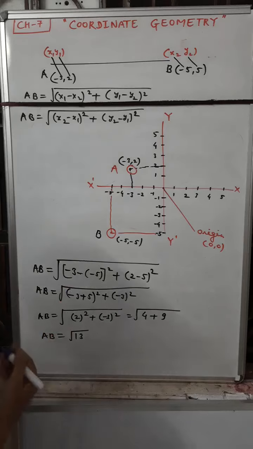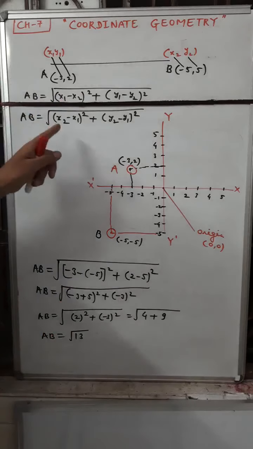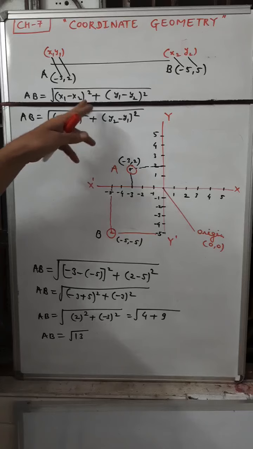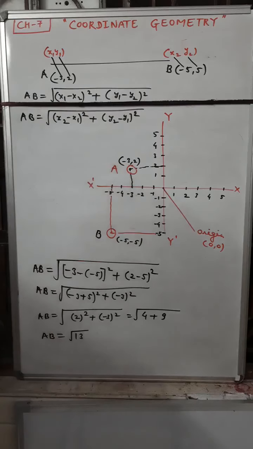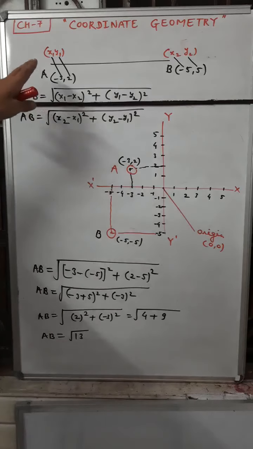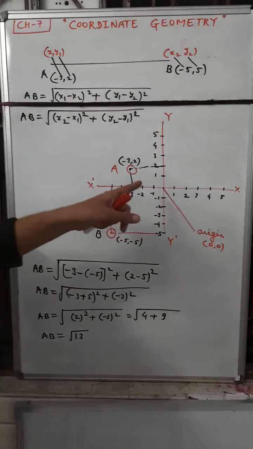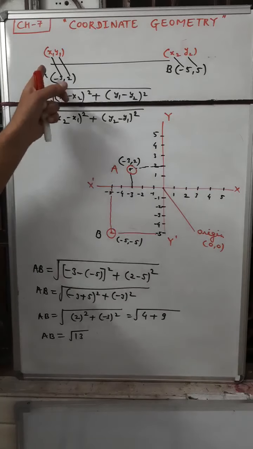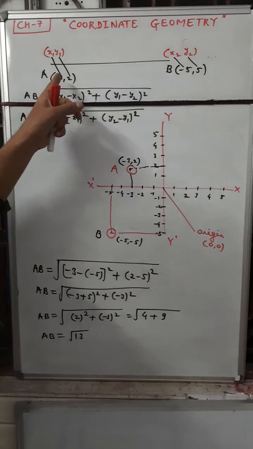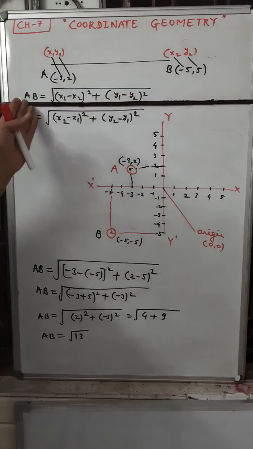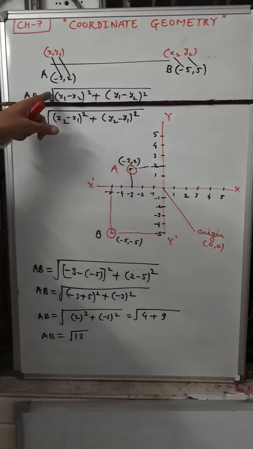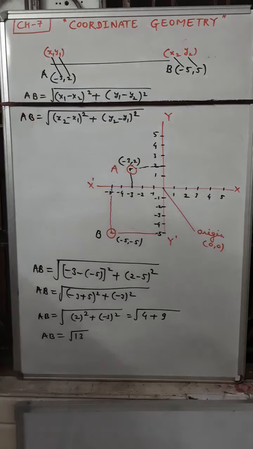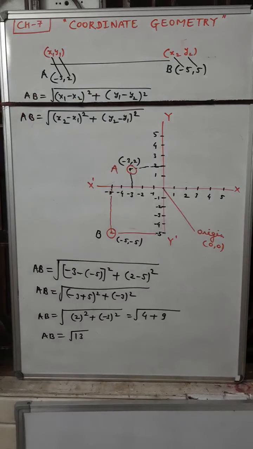I have used the formula x1 minus x2. If you use x2 minus x1 whole square plus y2 minus y1 whole square, you will definitely get the same result. So this is the way to find the distance between 2 points on the Cartesian plane. We write down the points with their coordinates and find the distance between the 2 points using these two formulas. Either you can use the first one or the second formula. Both will provide the same result.